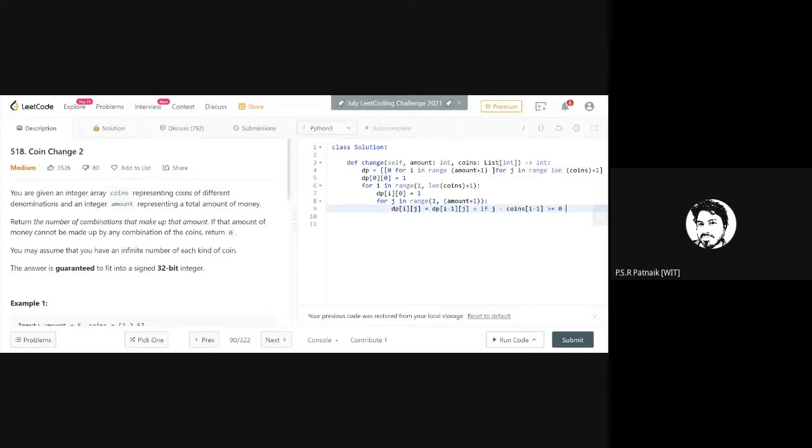If this condition is true, then what value do I add here? dp of the difference, whatever the difference I get, at that column, whatever the cell value is there, if it is, else 0, right?